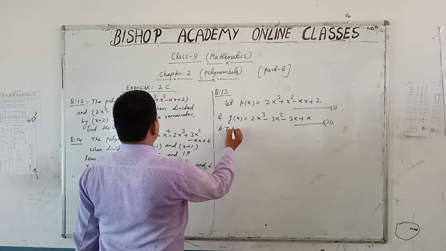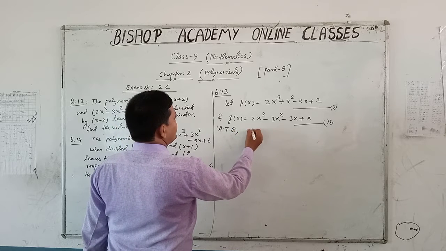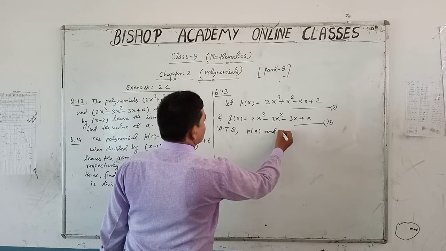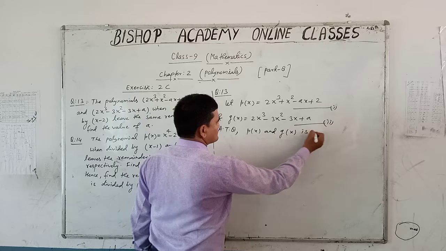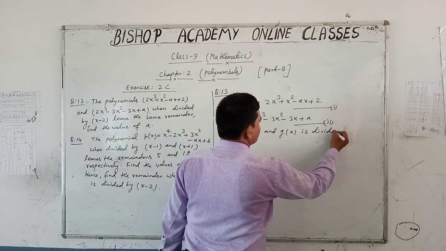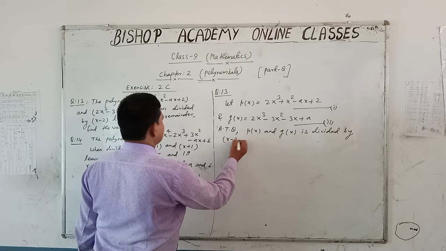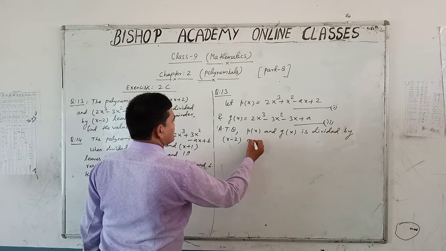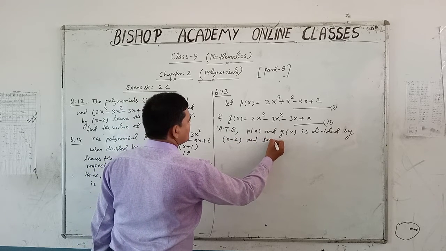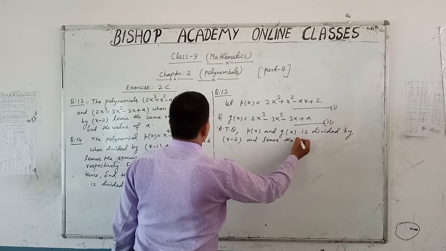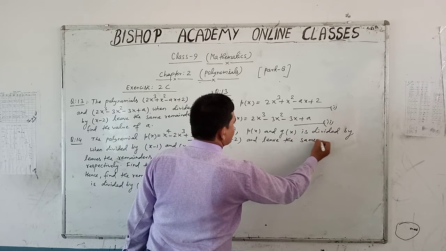According to question, p(x) and g(x) is divided by x minus 2 and leave the same remainder,